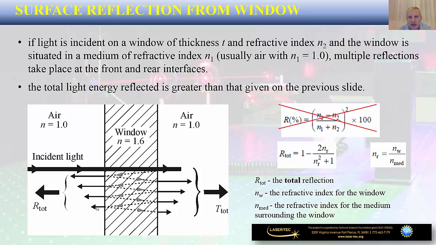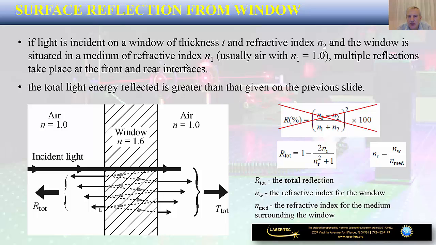So the formula that we established on the previous slide, where the reflectance has been defined as a function of the indices of refraction n1 and n2, has to be scratched in our case, and we have to establish a different formula that takes into account all these multiple reflections that show up in the case of an optical window with two boundaries, one on the left side and one on the right side. So after certain derivations, we can come up with a new set of formulas